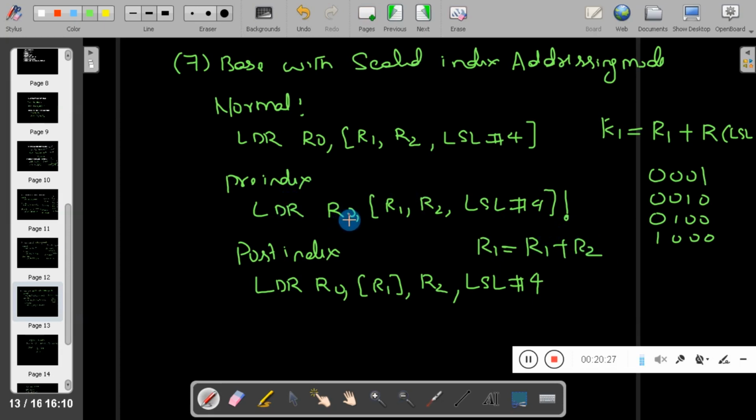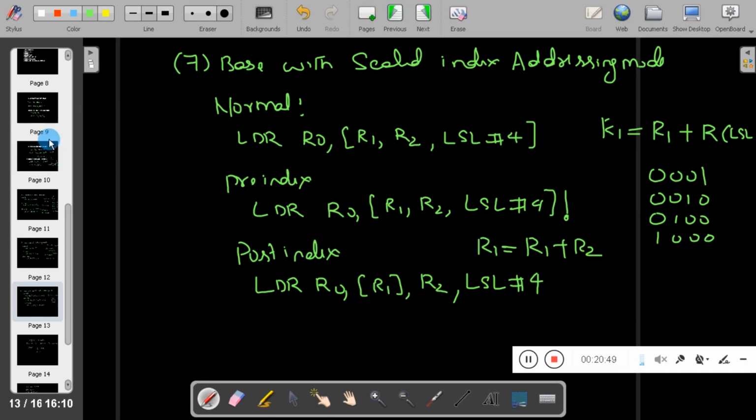This is the same as the earlier method. In post-indexing, first you will get the value from R1, then later R1 will be changed to R1 plus R2 left shifted by 4.